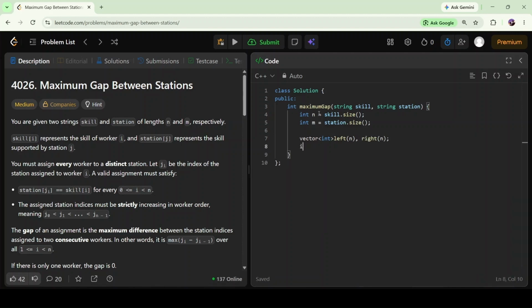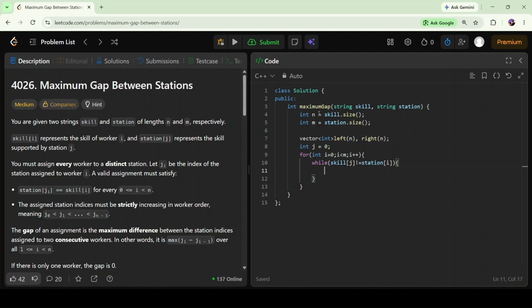Now put a pointer over here, which is j, and first of all start it at 0. For int i equal to 0, i less than m, and i plus plus, while our skill of j is not equal to station of i,